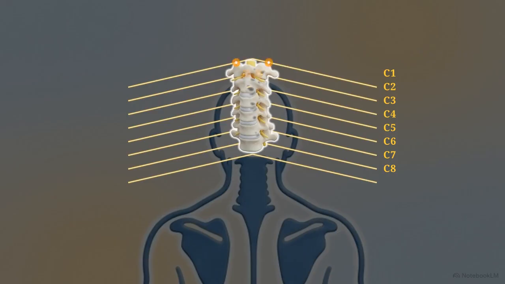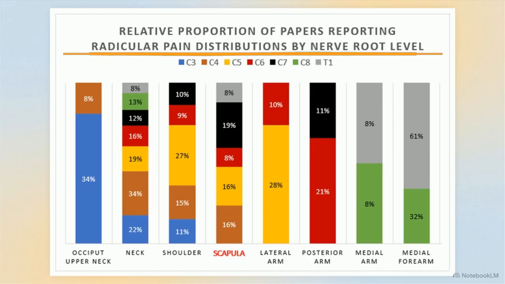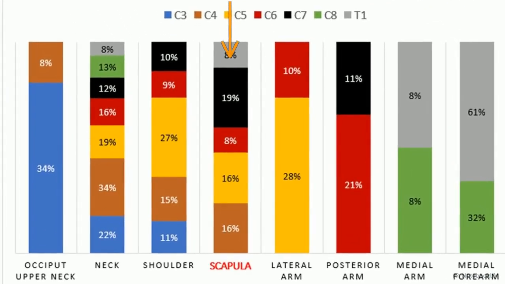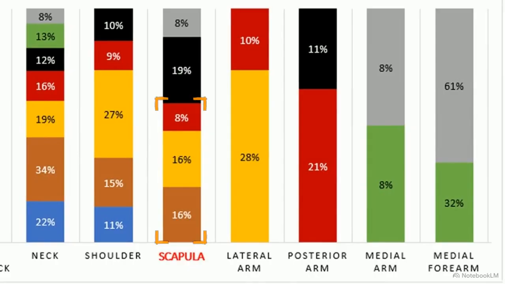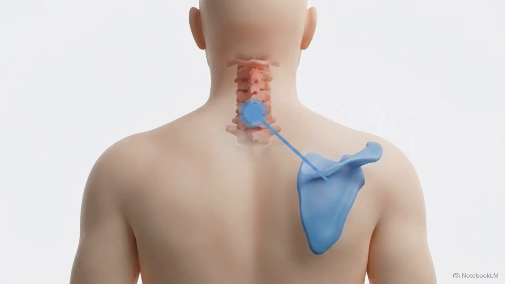Since the scapula acts as an early warning system, we need to know exactly which cervical nerve roots are triggering it. This chart maps regional pain distributions to single cervical nerve roots. The C7 segment holds the highest proportional relationship to scapular pain. C4, C5, and C6 contribute at a lower prevalence. Although rare, C8 produces a highly distinct pain pattern in the lower scapula. The presence of scapular pain provides a predictive localization map, strongly biasing the diagnostic probability toward a C7 root compression prior to any MRI confirmation.